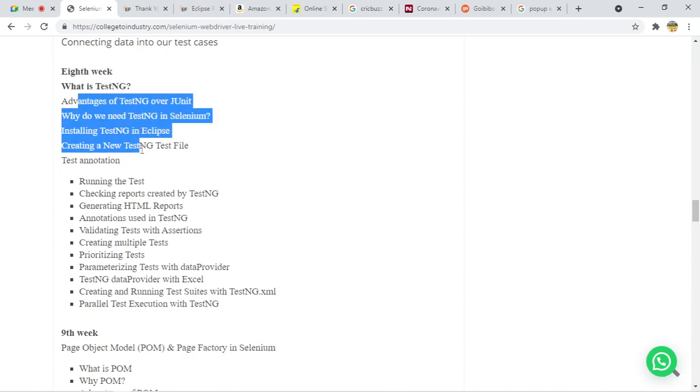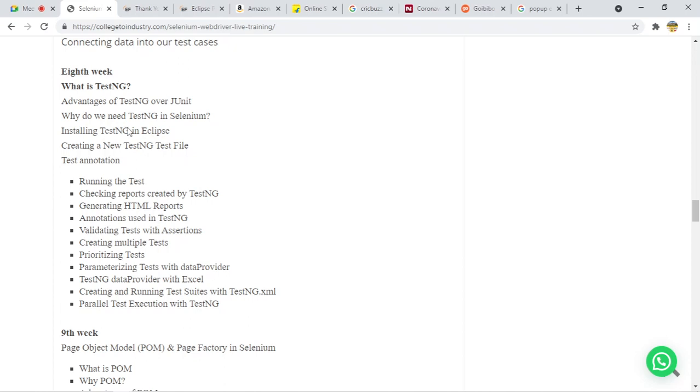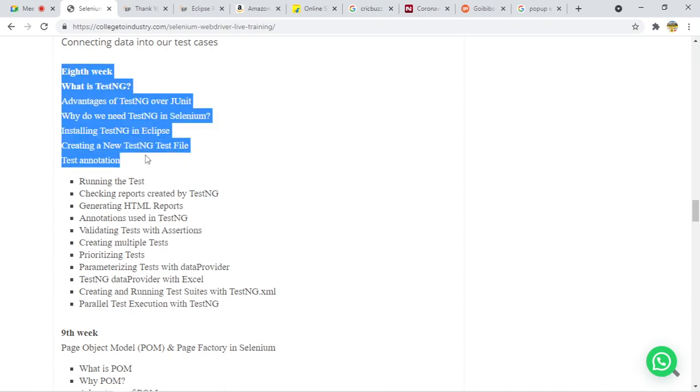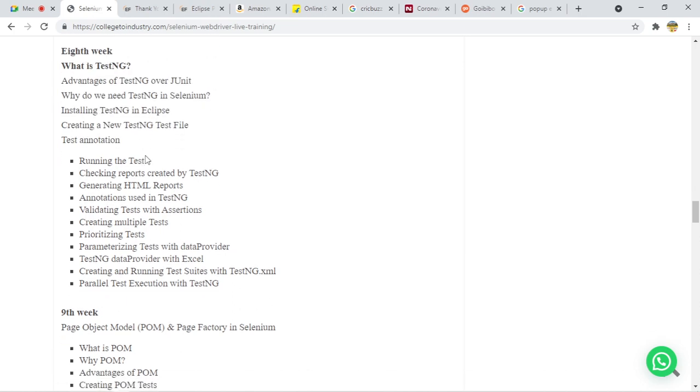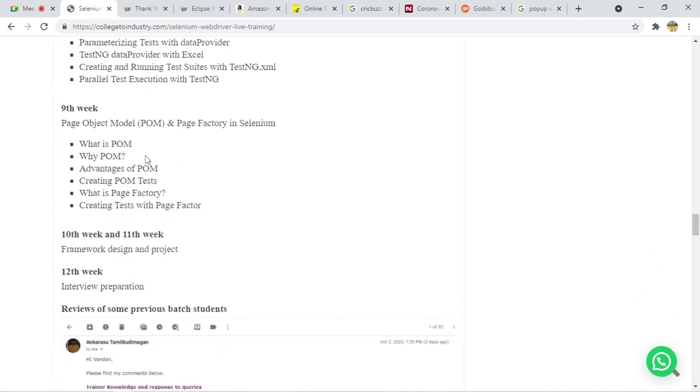So what is TestNG? What are the advantages of TestNG? Why are we calling TestNG the framework? Because TestNG has some features which help us write the code in a cleaner, better way, right? We can reuse the code with the help of TestNG. So we will see the advantages and disadvantages of TestNG and how we can set it up, right? And again, important is the page object model, and what is page factory? This is an interview question as well: page factory versus page object model. We are also going to see that, right?